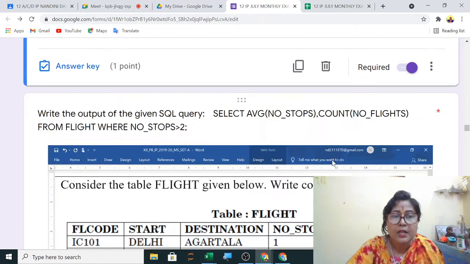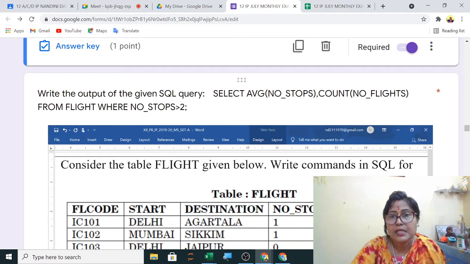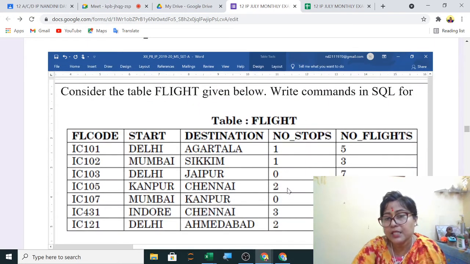Clear? Now the next one: select average of number of stops, count from this where number of stops is greater than 2.